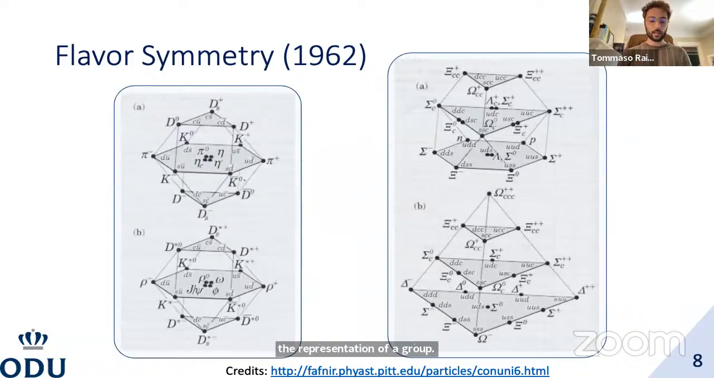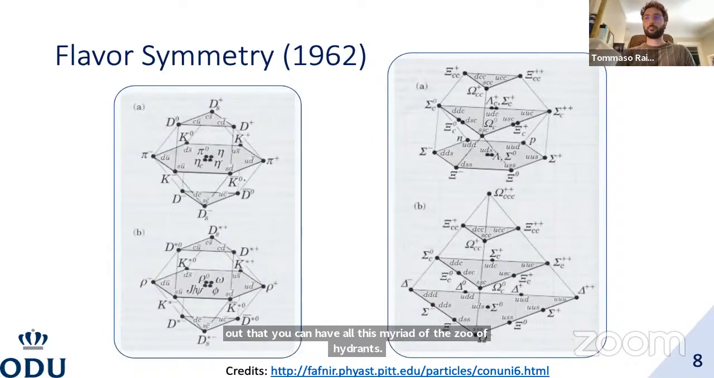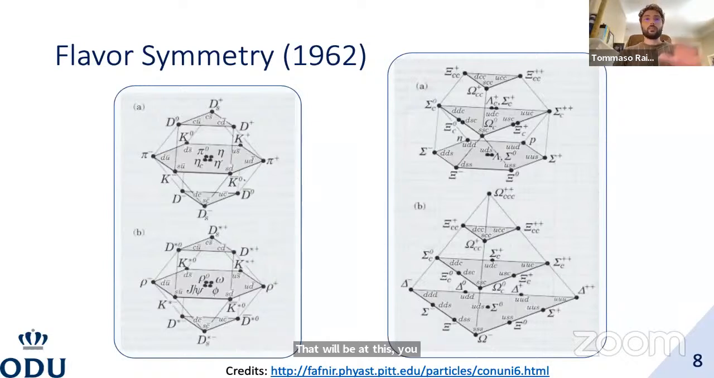It just turns out that if you believe that this flavor symmetry is true, and it's actually almost a true symmetry in QCD of nature, you can have all this zoo of hadrons that will be at the vertices of these polygons. And you see there are many, many names that I don't even know, honestly, all of them. But the point is that if you believe that this is true, and this is like a quasi-symmetry,